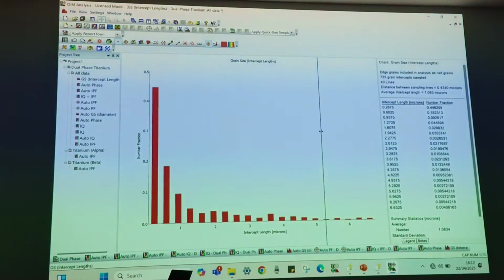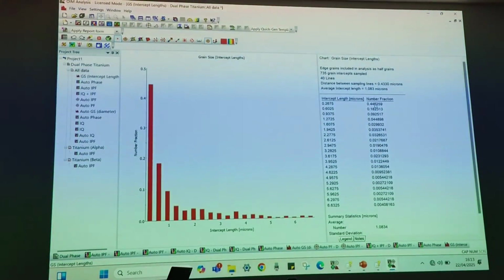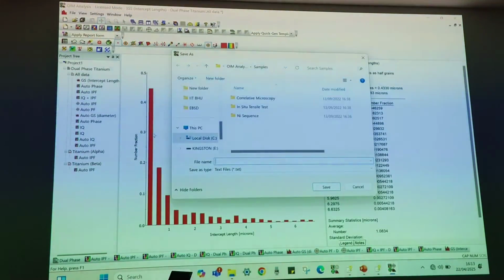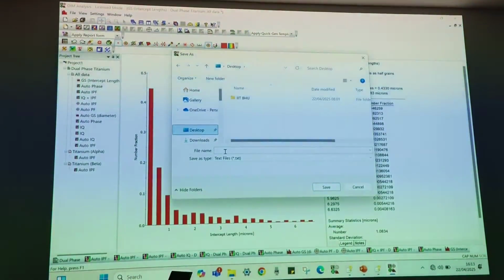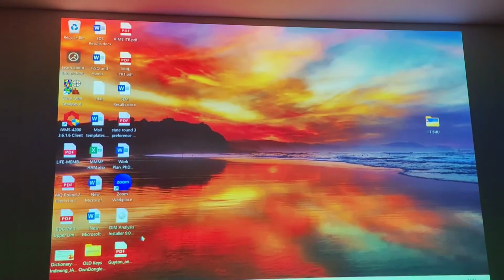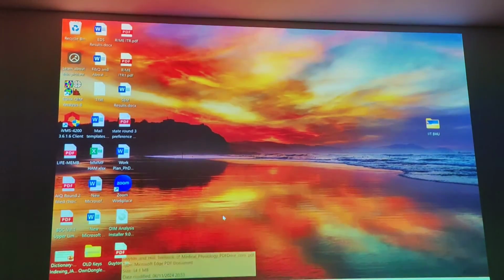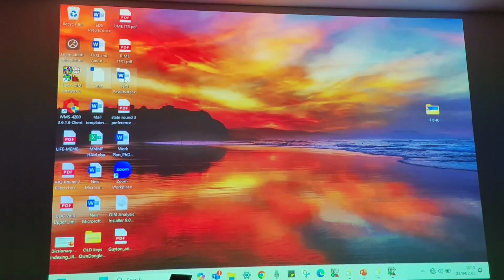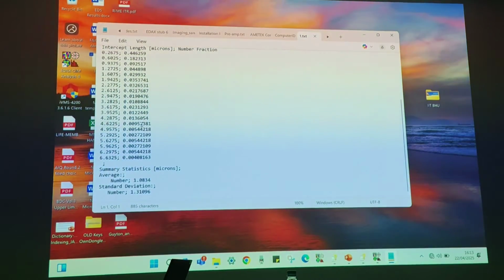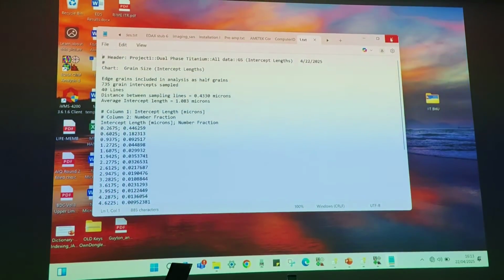And also this data can be exported in terms of raw data. So if you want to plot it in some other software, let's say like Excel, Origin, you can do a right click and then export a text. So whatever pretty pictures you are seeing, they are not just pretty pictures, all the raw data associated with that is also available. So this is the raw data which you can get out of your grain size chart, and then you can plot it in Origin and Excel depending upon your requirement. You can use this data.